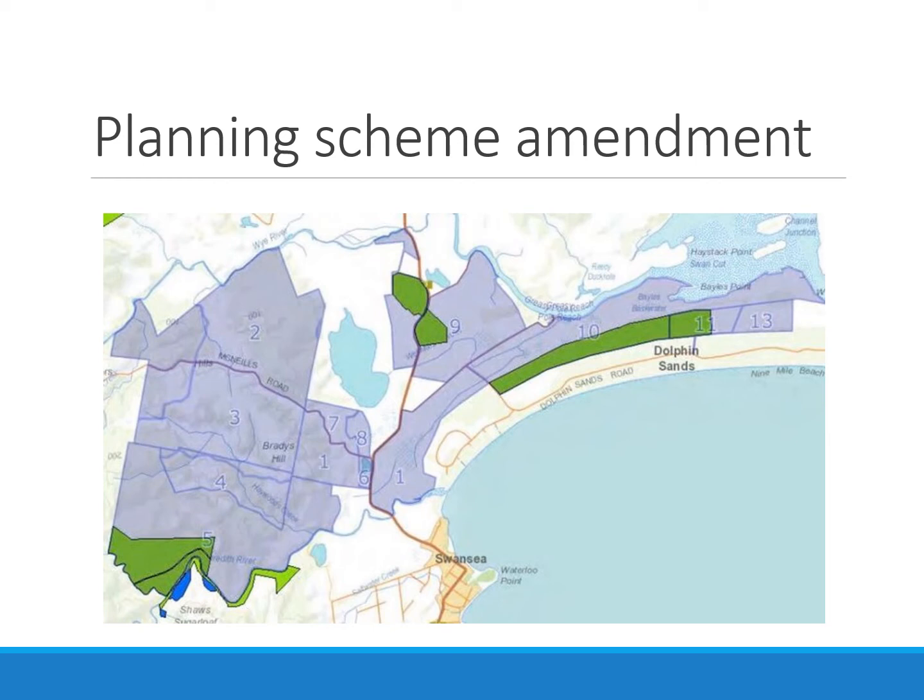But if you so desire, you want to build something that in this case is really very different to what exists in Dolphin Sands. So this is near the township of Swansea on Tasmania's east coast, a really amazing, beautiful part of the state. A huge and quite complicated development that didn't fit the zone means that the proponent had to apply to the Tasmanian Planning Commission for a planning scheme amendment.